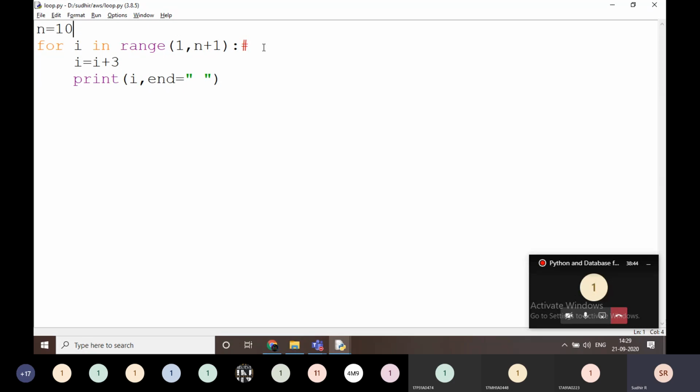For example, this program prints from 1 to 10, right? Now write the program to print from 10 to 1. Everyone write it down and post it in the group. I want the output as 10 to 1. Students, write the code in the notebook, take a pic and send it to me on WhatsApp.